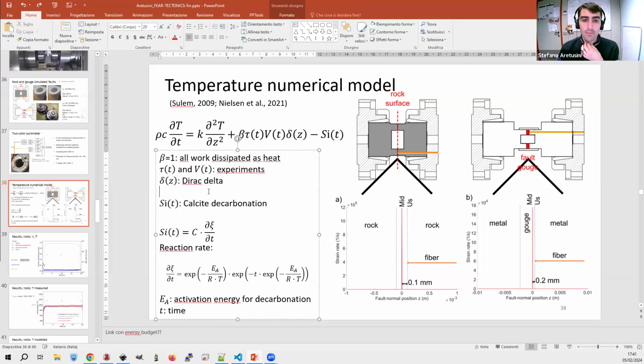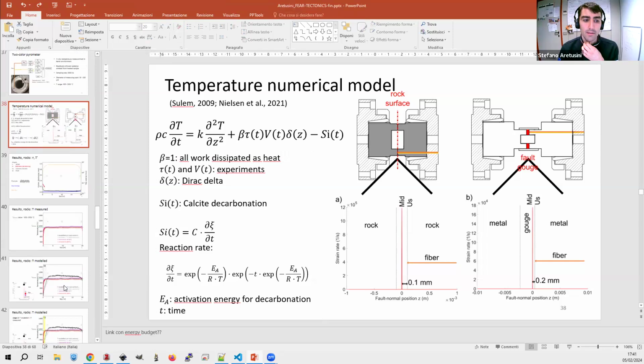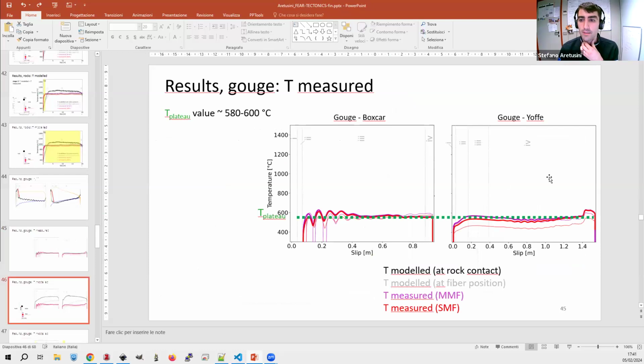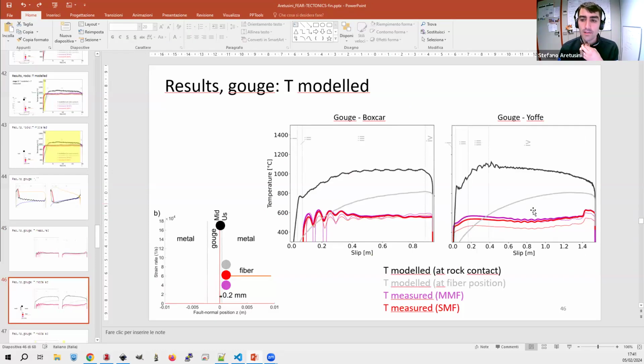And I agree with you that this could be one way to decrease the temperature in the model a bit more, in correspondence to the late stage of the experiment here. But I tried to decrease and match the temperatures by using an extremely large, thick principal slip zone, so an extremely wide Gaussian function, and I couldn't really match it. But I think this could be a very nice material to place also in the supplementary materials of the paper, in fact, to strengthen the point